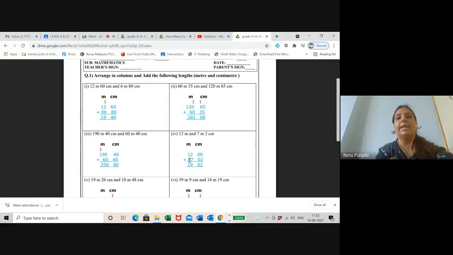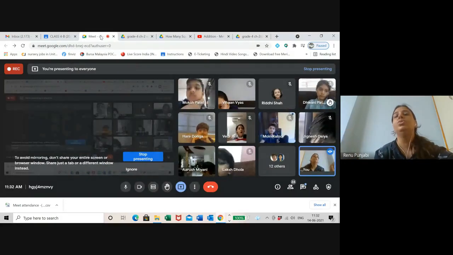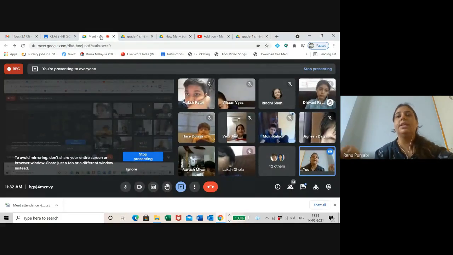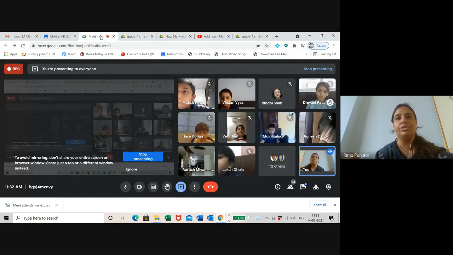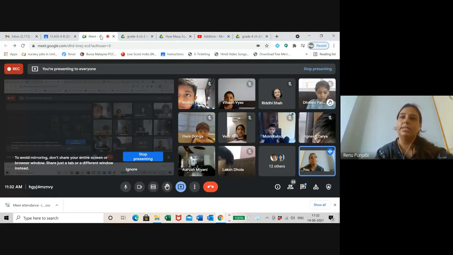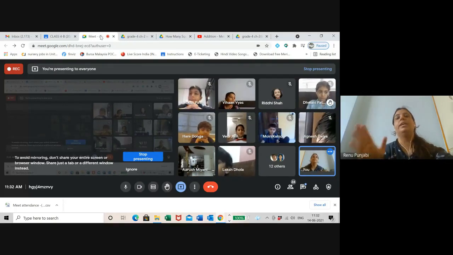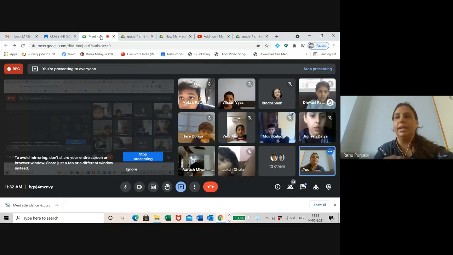And then next is 7 meter and 2 centimeter. So 2 will come under the last digit, and then first we write the 0. When you add this, have you understood? अगर किसी के साथ centimeter नहीं हुई है, then you write the 2 zeros. Then it will be easy for you to add the sum. Add or subtract, whichever operation you will do. But right now we are learning how to add them. So it is compulsory for you to understand, if there is nothing in the centimeter, please write the zeros and add them. Clear?